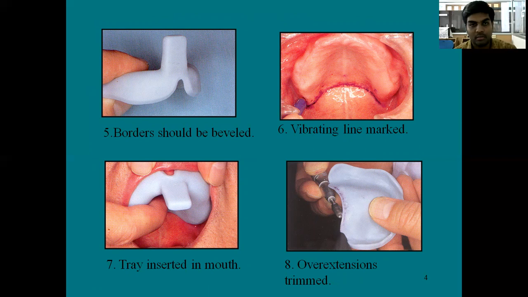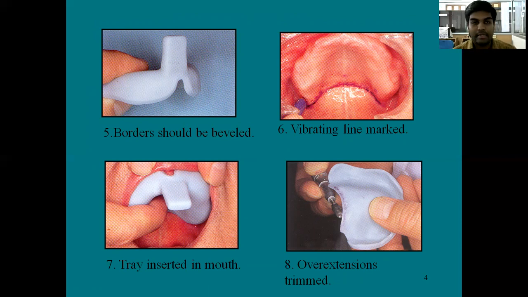The sprinkle on technique is the most common technique that we all follow, but it is time consuming. In order to avoid spending a lot of time on the procedure, we can learn how to make a special tray using the dough stage technique. We will show you a demo when you come to the preclinical postings, on how to make a special tray using the sprinkle on technique or the dough technique.